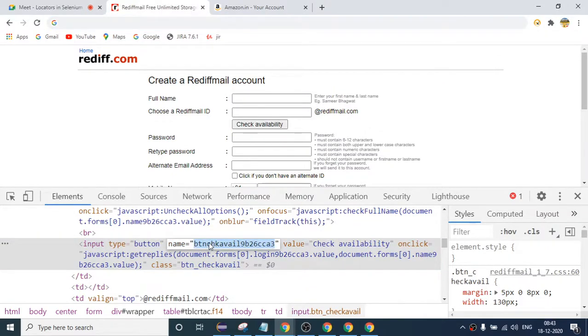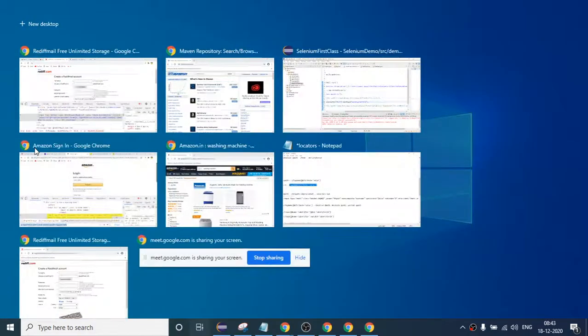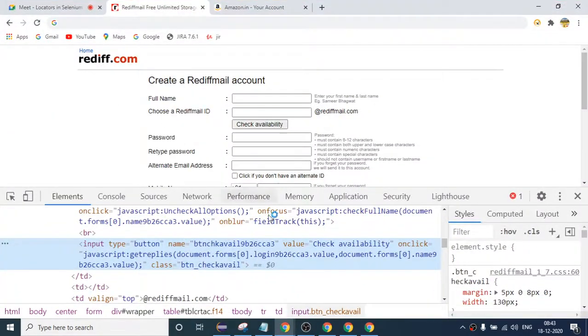Either you can choose another attribute value, but suppose that will again change. Whatever attribute you are seeing here, suppose every value will keep on changing, a whole different value every time. In that case you cannot use contains or any of the keywords, but you can do one thing.